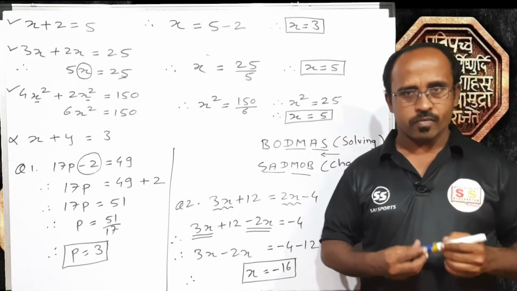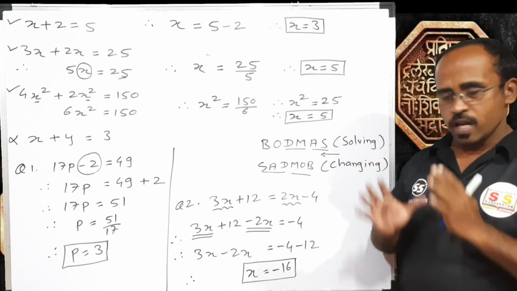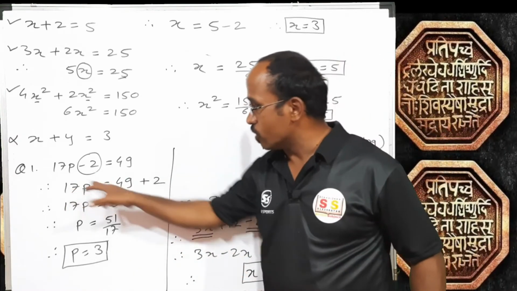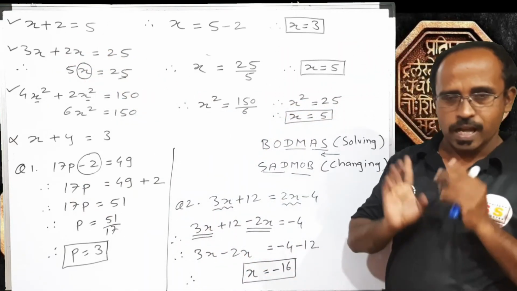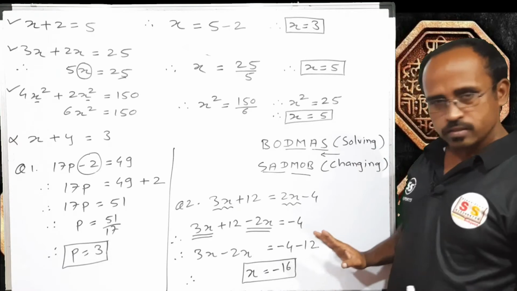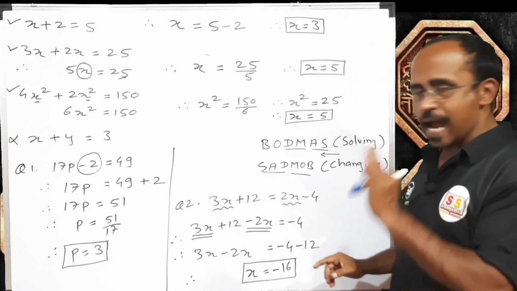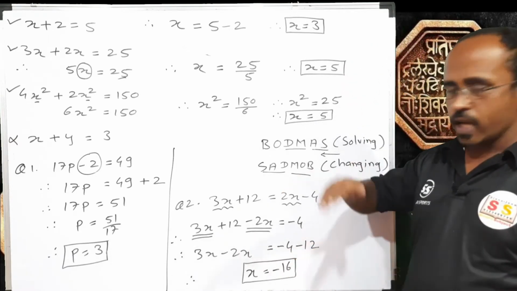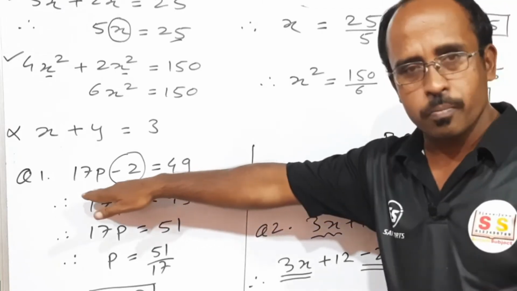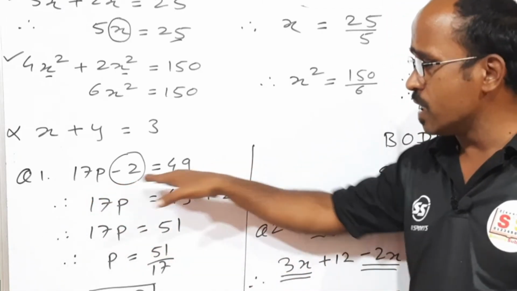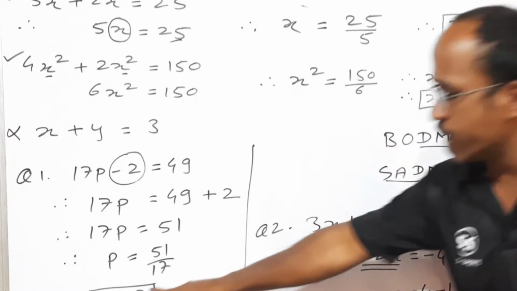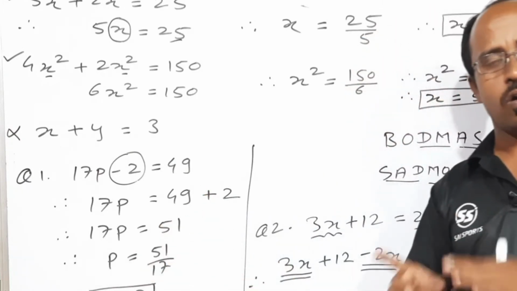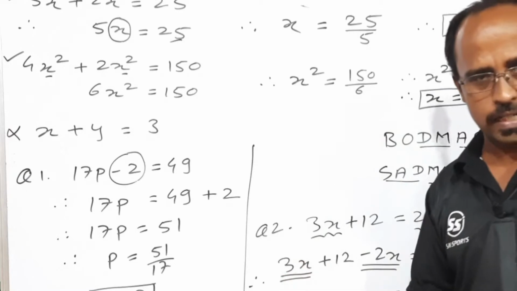Means students, we have to convert every kind of problem into such a kind of problem where only one variable will be there at the end. Okay, students, please remember, at the end we are going to convert every problem into this kind of problem where there is not any denominator or bracket, and finally we are going to keep one variable on the left hand side or on the right hand side.